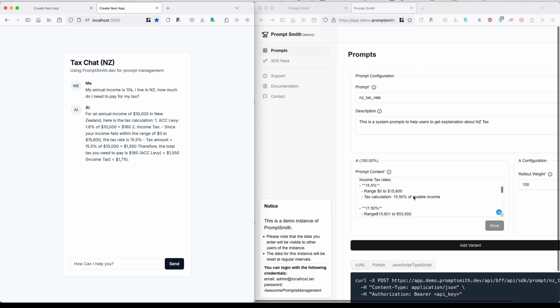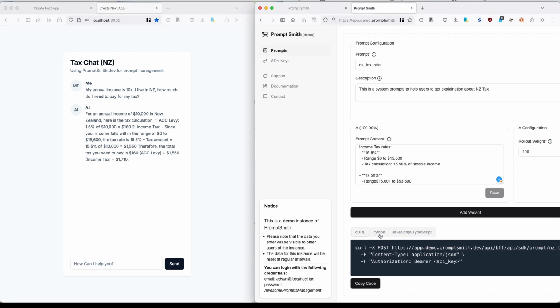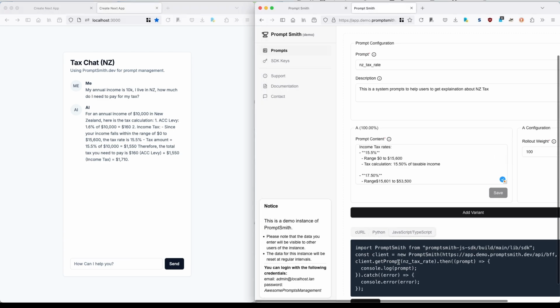So you can manage your prompts in a centralized place. You don't need a coding background to manage it, and the developer can just focus on the application itself. They don't need to worry about redeploying with every change to the large language model AI prompts. So this is basically why. And besides that, I created this small component recently, so you can simply copy your code sample